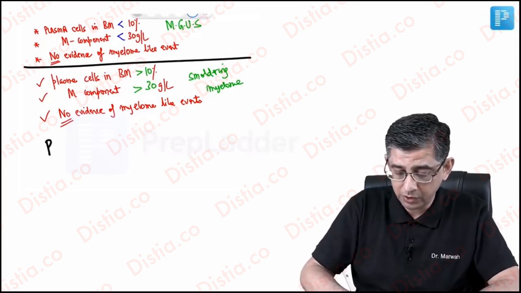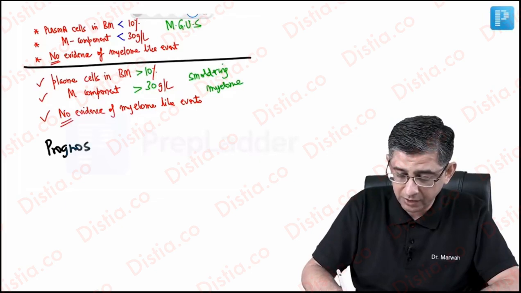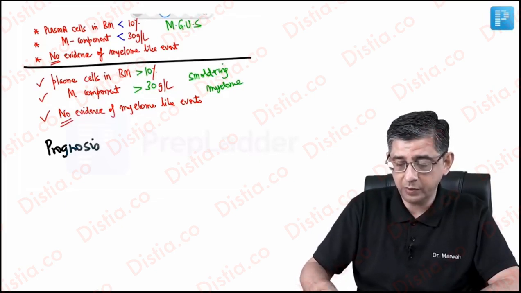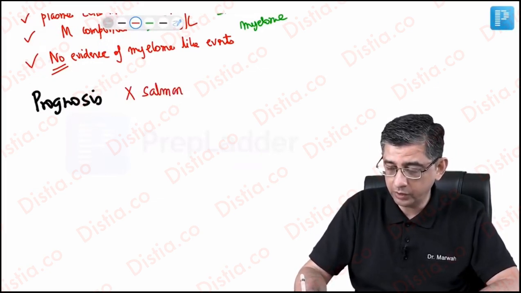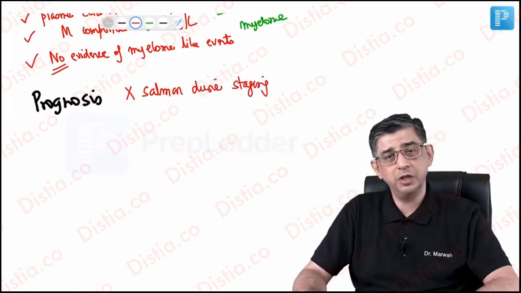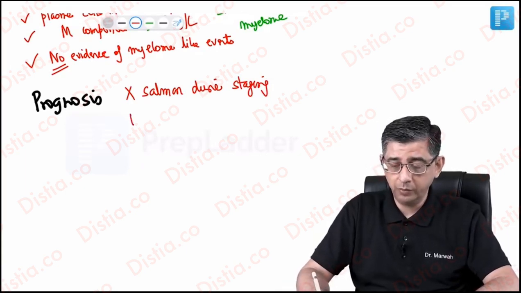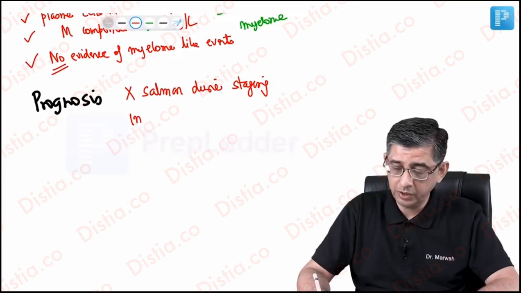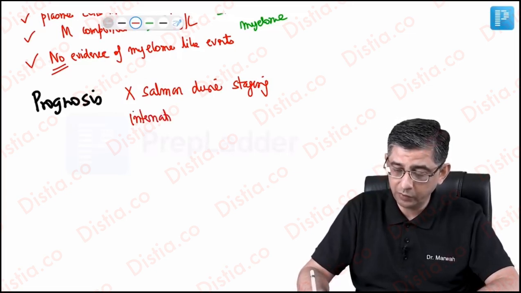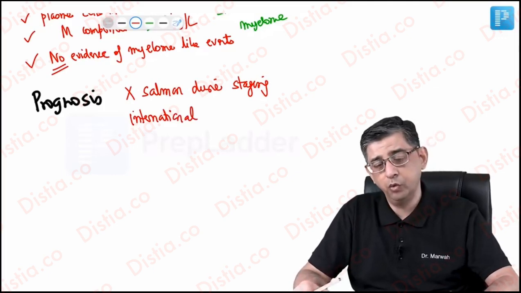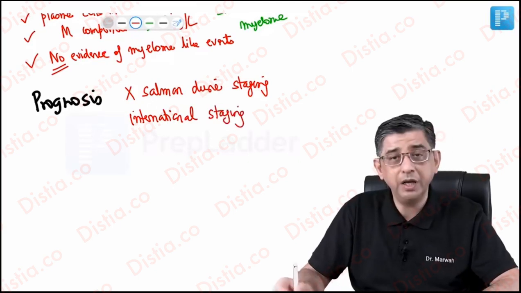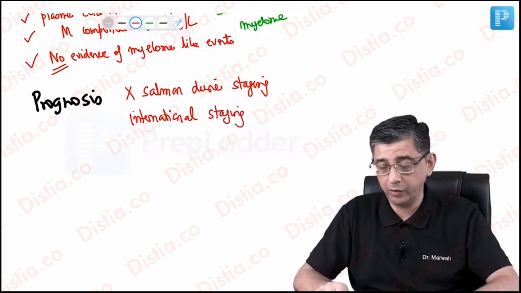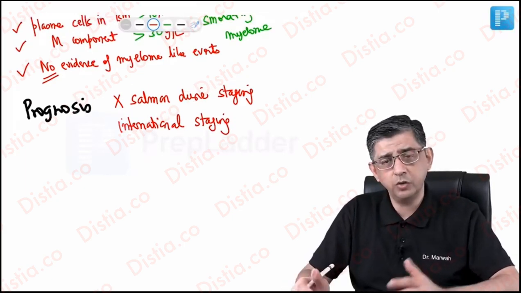Now, as far as the prognosis of a patient of multiple myeloma is concerned, lots of advancements have been made. When I was at your age, we used to read about Salmon staging. So in older MCQs, this would still be present, but currently your answer would be the International Staging System. This is also available as an app. In fact, most of these staging systems are available in a common app like MDCalc, mdcalc.com. If you type it, then in MDCalc you will find a lot of scoring systems available.